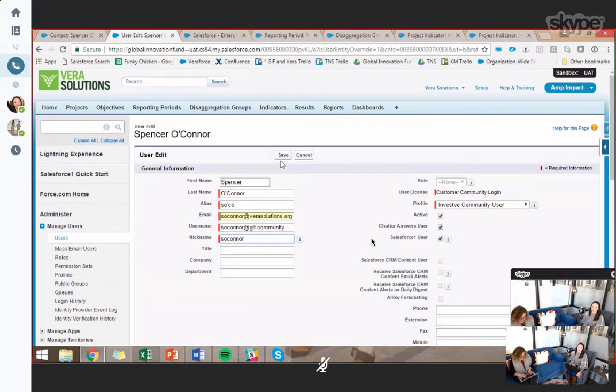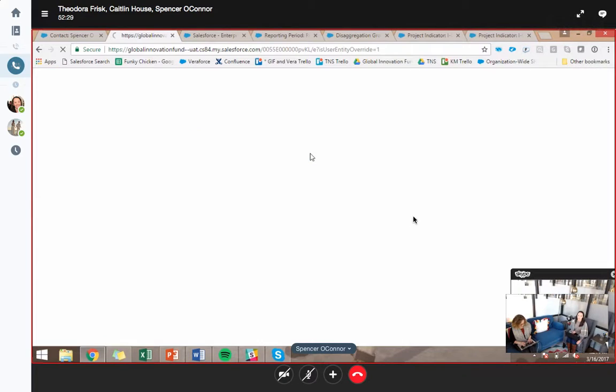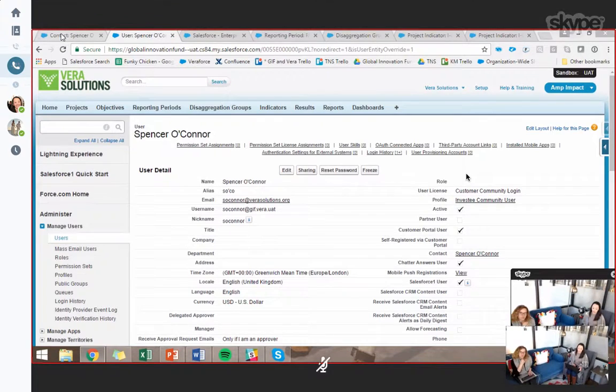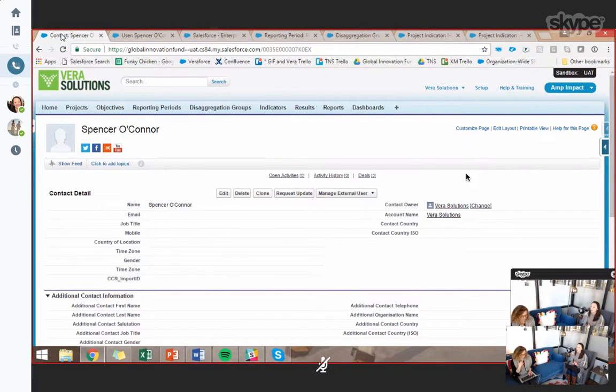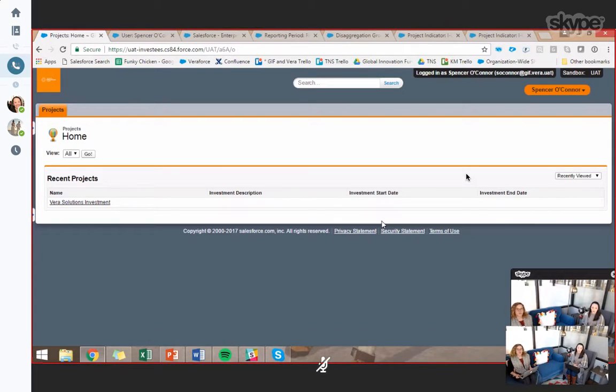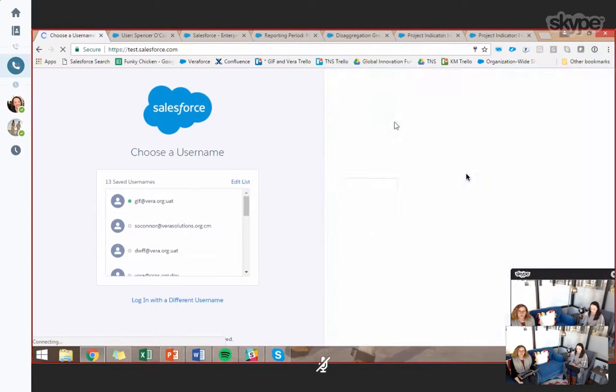Cool. When you hit save, you will get an email sent to your email address with a link to log into the community. There are two ways that you can log in: one from that link in your email, or when you're playing around in here and testing as a user, you can also log in here. So we can log in as our user. If we just click that, now we'll see our community here. If we log out of this real quick,